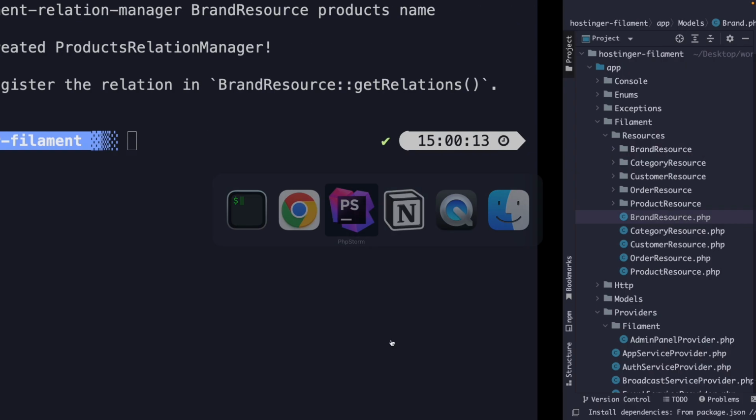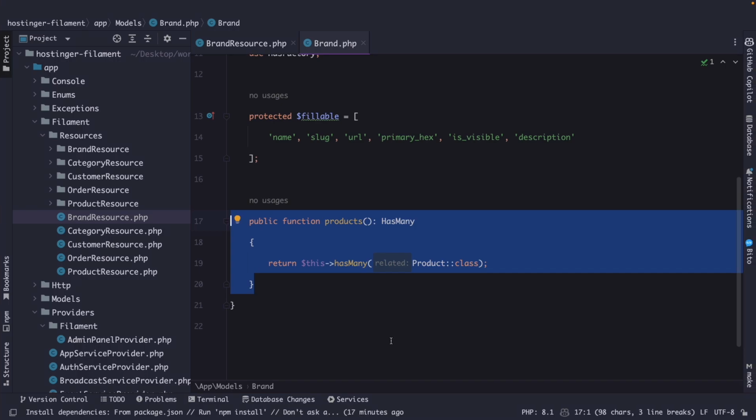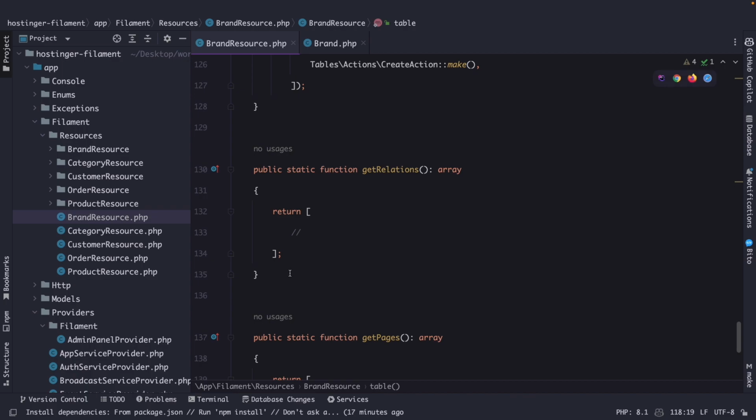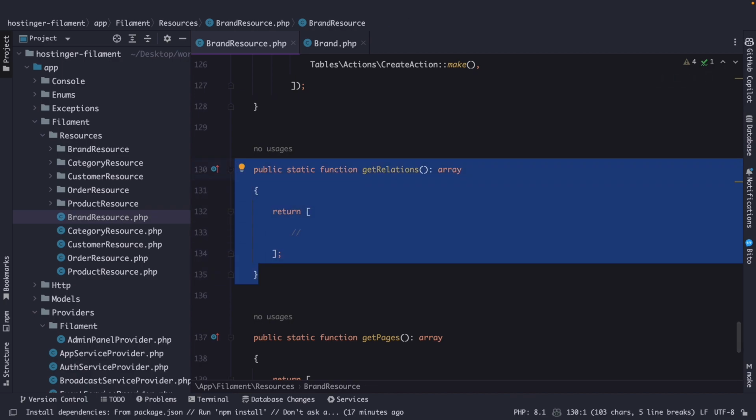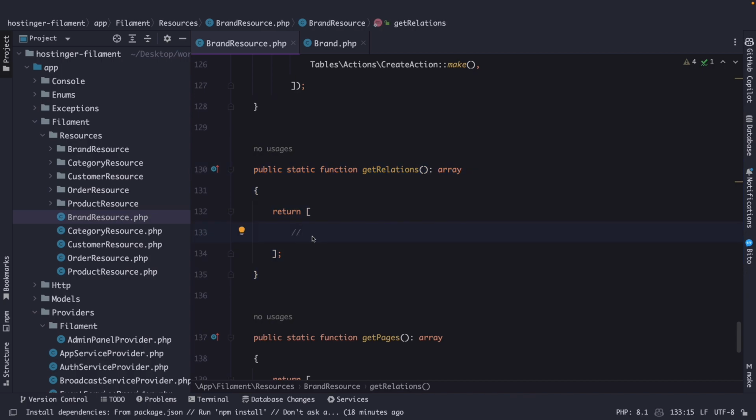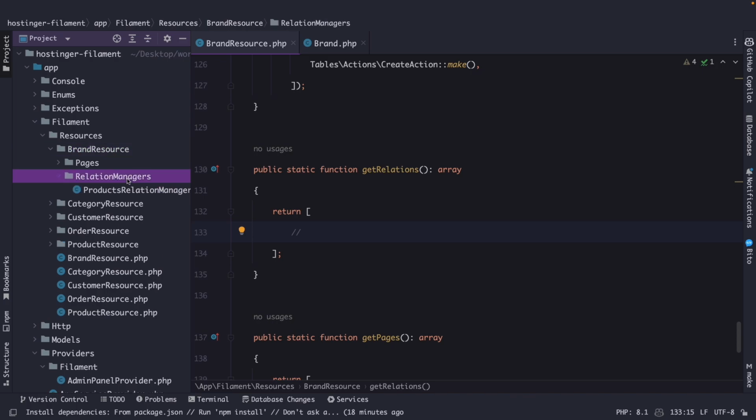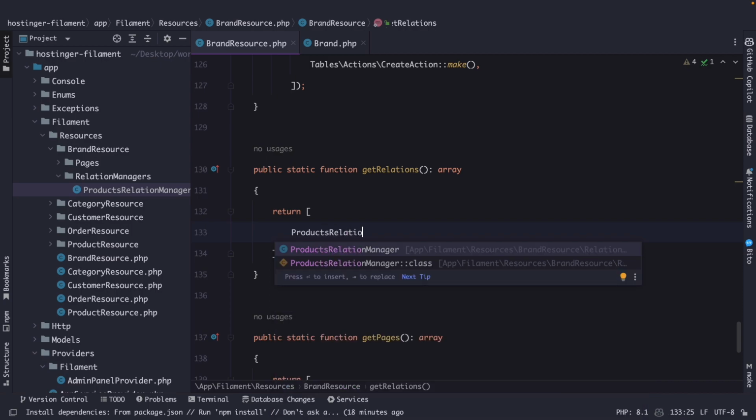So let's navigate back to PhpStorm. And since we're already inside our brand resource right here, let's register the relation manager, and let's do that right at the bottom, where you will find a getRelations method, which returns an array of relation managers for the resource. Now, the relation manager can be found inside the brand resource directory because we just specified that, where you will find a RelationManagers directory with a products relation manager class inside of it. Before we open it, let's quickly register it first. So right here, let's say ProductsRelationManager